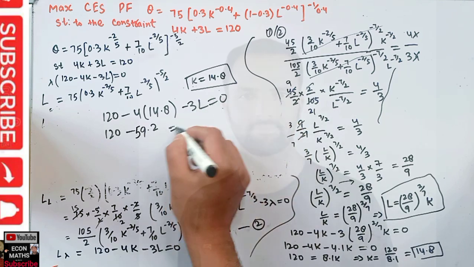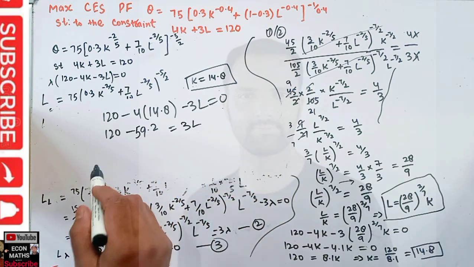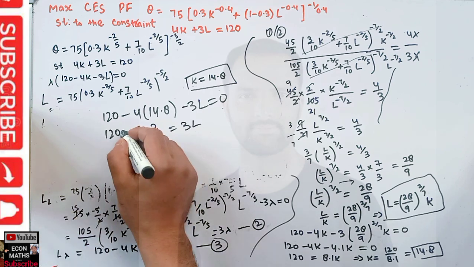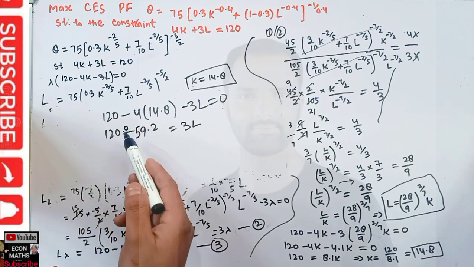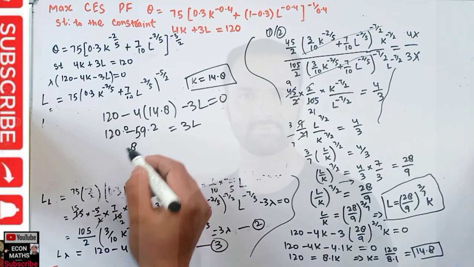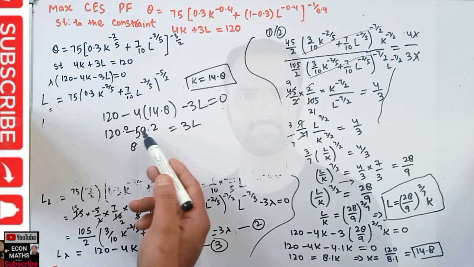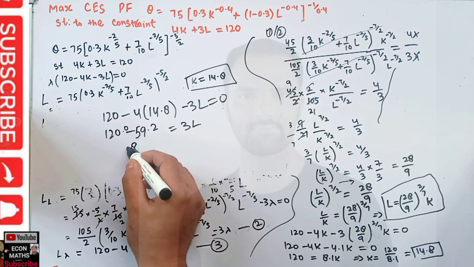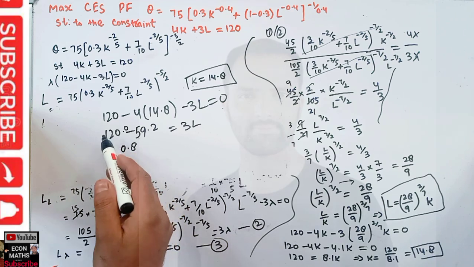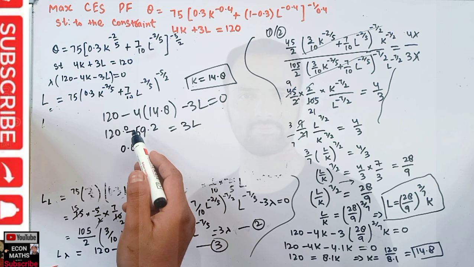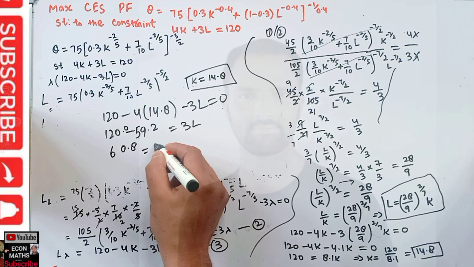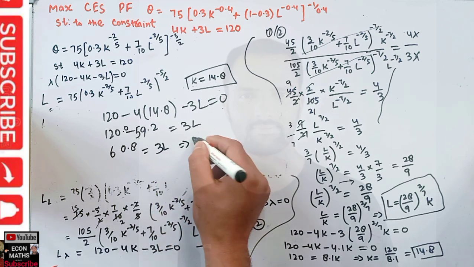If we transpose, this will become 3L. Now we need to subtract 59.2 from 120. This will come out to be, if we take 0 here decimal, so 10 minus 2 comes out to be 8. So we have 9 minus 9 is 0, so we can write here 0. Then 11 minus 5, 6 7 8 9 10 11, this comes out to be 60.8 is equal to 3L, which implies L is equal to